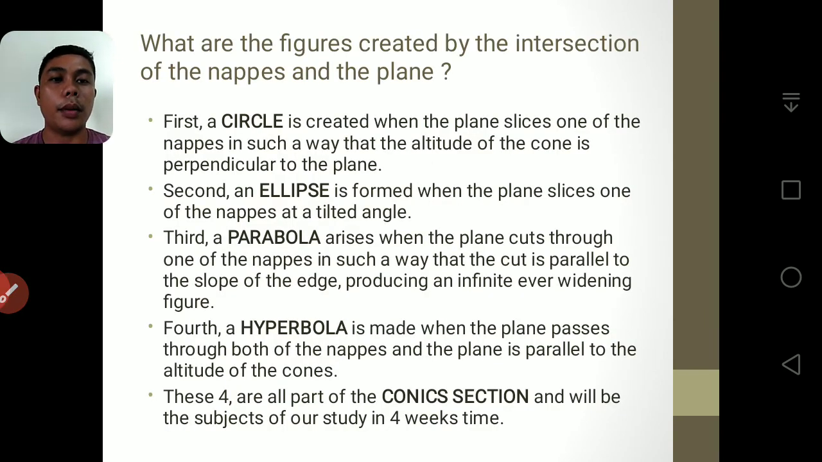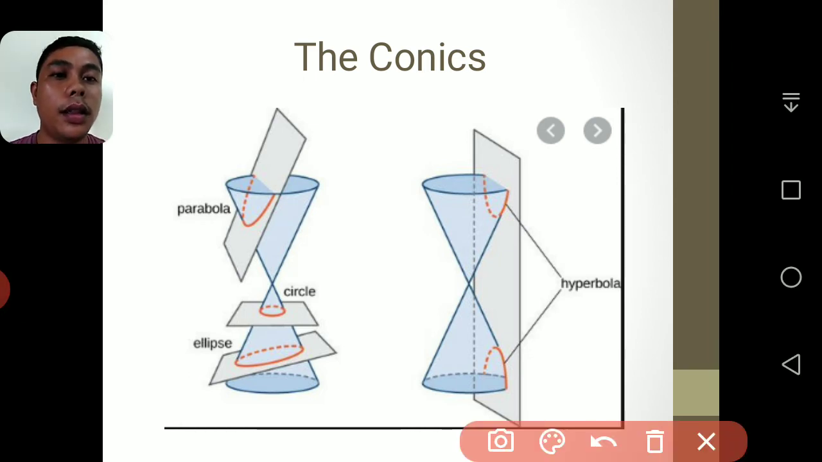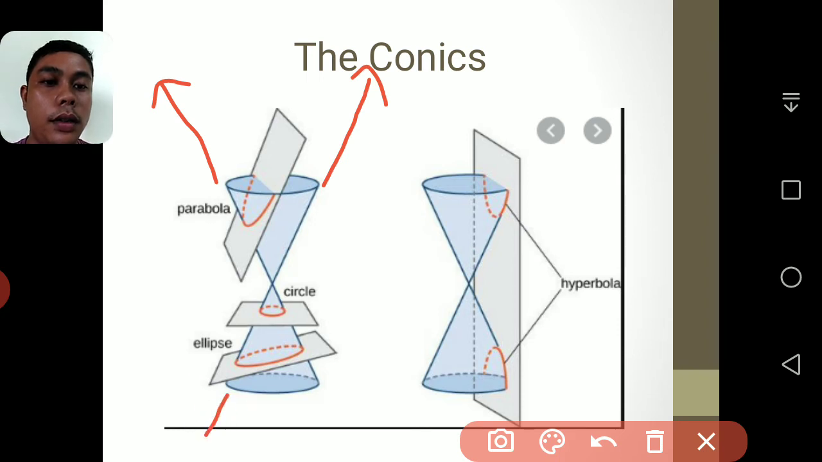Third, the parabola. The parabola arises when the plane cuts through one of the naps in such a way that the cut is parallel to the slope of the edge, producing an infinite ever-widening figure. I forgot to tell you guys that the naps is actually a pair of two cones that are extending infinitely in opposite directions. So just imagine the cone extending infinitely over there, as well as here,